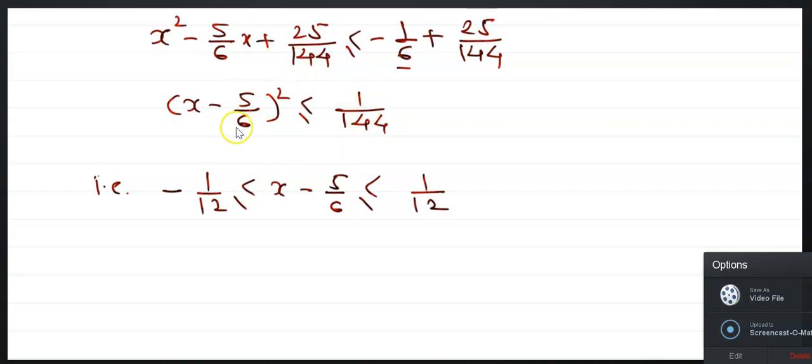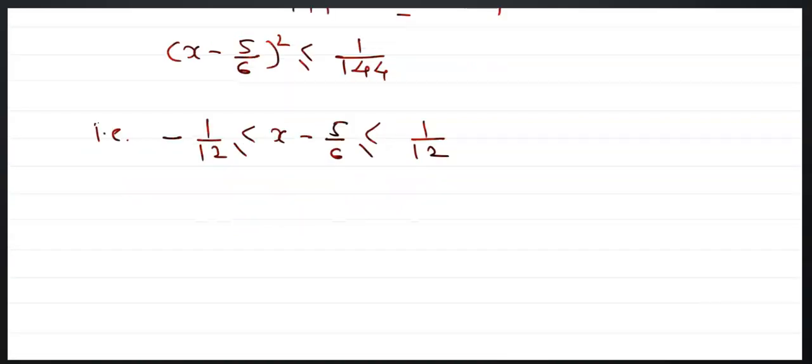And when we take the negative, then here is a reflection. That is, less than or equal to becomes greater than or equal to. That is, x minus 5 by 6 is greater than or equal to minus 1 upon 12. Therefore, it is written like this. And this is less than or equal to 1 upon 12. And in this way. Next is,